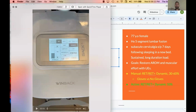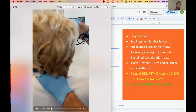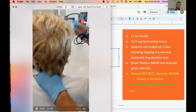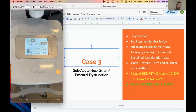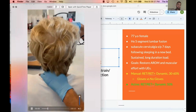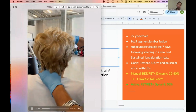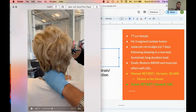I have brought down the heat a bit. Same settings, RET dynamic, brought the heat down a little bit. I disconnected one of the bracelets, and I'm working just with my left hand really, and I'm working into the suboccipital region. I'm working with my thumb in that suboccipital region, just trying to get a release in the suboccipital musculature,